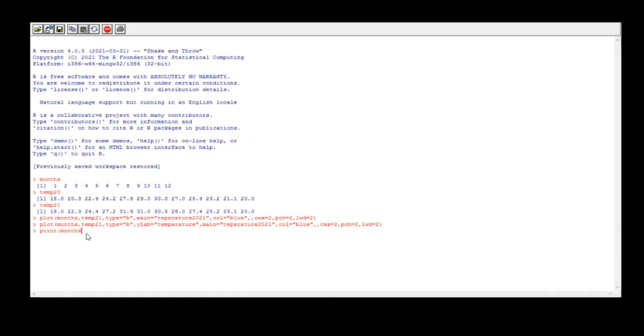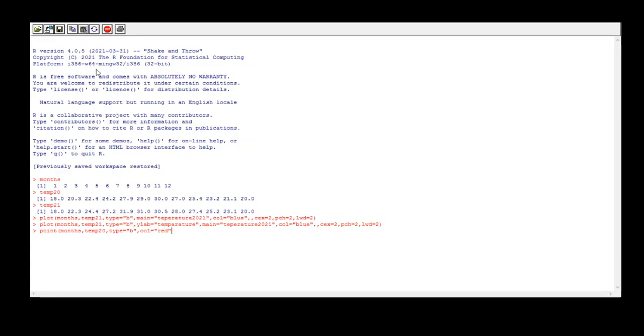So in the points function, on the x-axis I want months, on the y-axis I want temperature for year 2020, temp20. The type is b. I want both points and line, so type equals b. Now since we want to plot two different graphs for two different years in the same image, we need to give different colors.